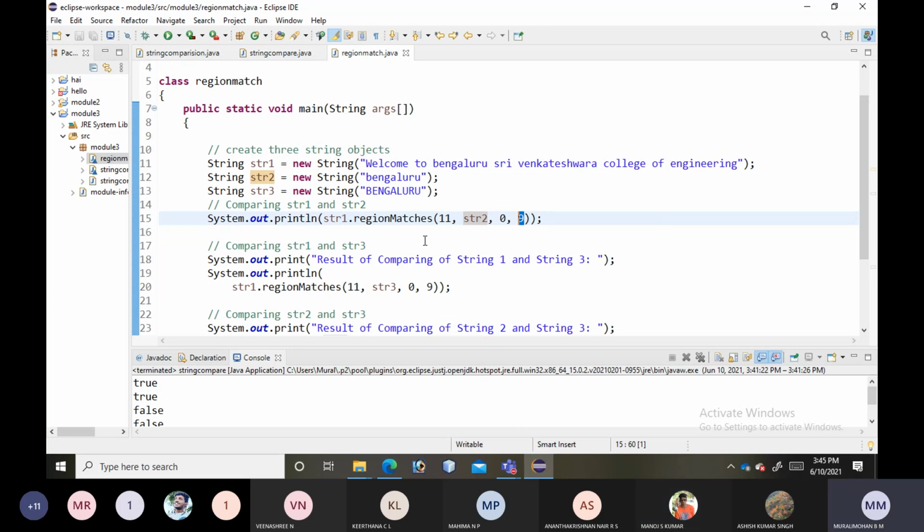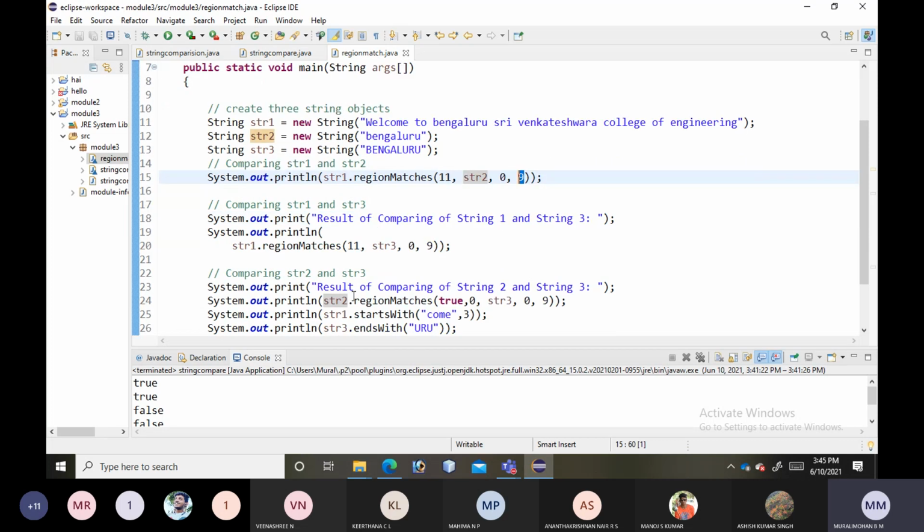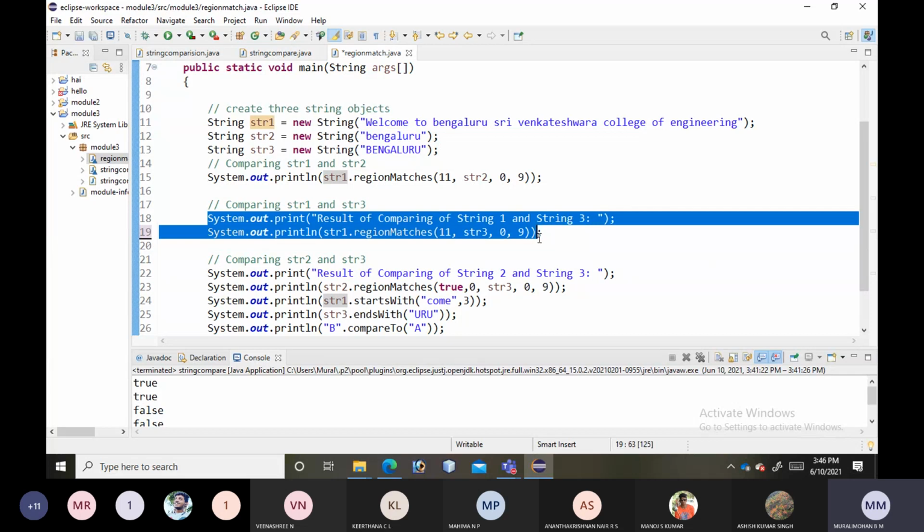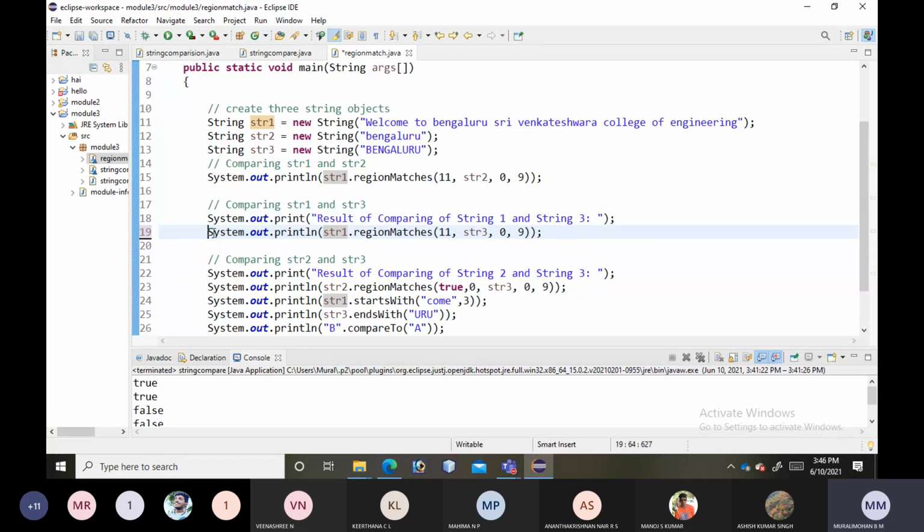Now, similarly, you just observe this part of the program. What should be the result of this one?